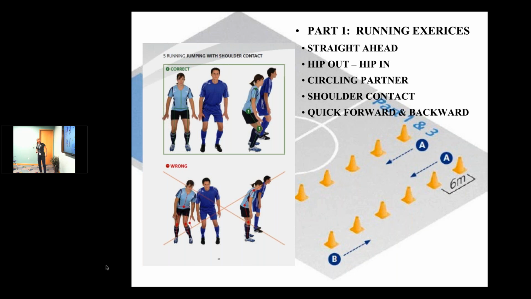All right, and this is shoulder contact. Let me have you come on up for shoulder contact. So I do this with the 9-year-olds, and it's really important that you learn how to take a little bit of contact, because if you're ever put off balance and you have to land on your leg, you're ready for that. So we'll just jog maybe 6 meters forward.